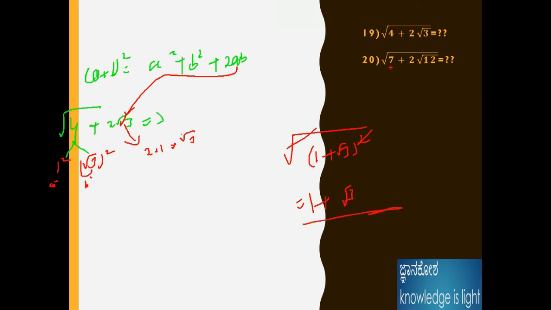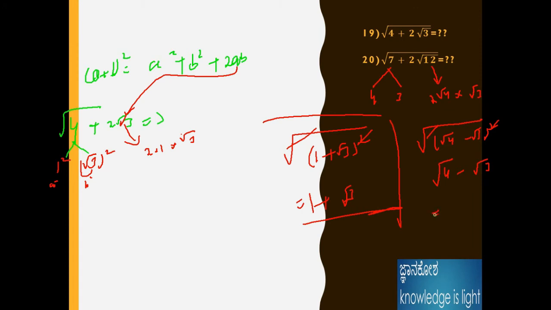Okay, in this problem observe carefully. 12 means root of 4 into root of 3 in the 2ab format. Fine, because if we add them, 4 and 3, we make it 7, and the answer comes out right. Then apply this logic to root of 4 minus root of 3 the whole square; the square cancels. This is different, don't confuse. Therefore the remaining should be root 4 minus root 3, and root 4 we already know is 2, so 2 minus root 3 is the answer for this question. The option may sometimes be root 4 minus root 3, and sometimes it would be asking us 2 minus root 3.